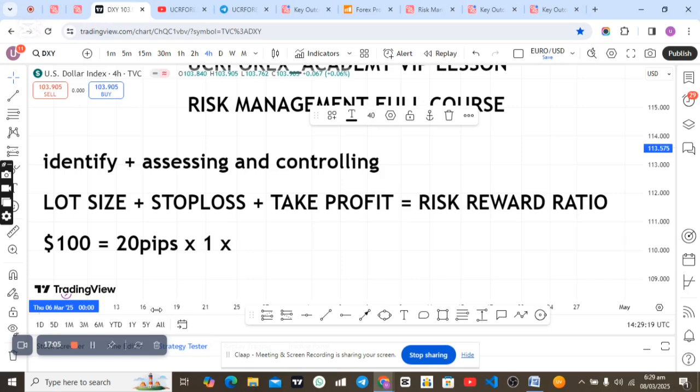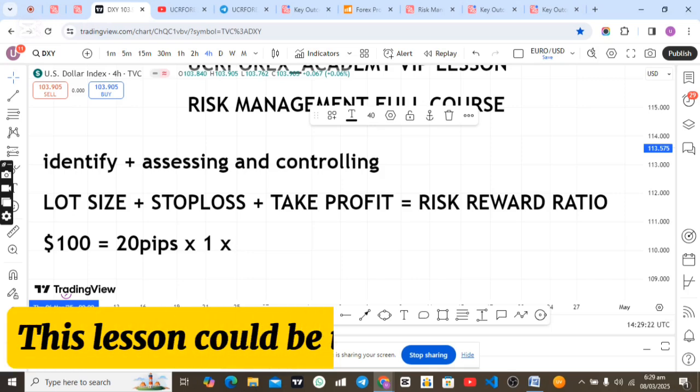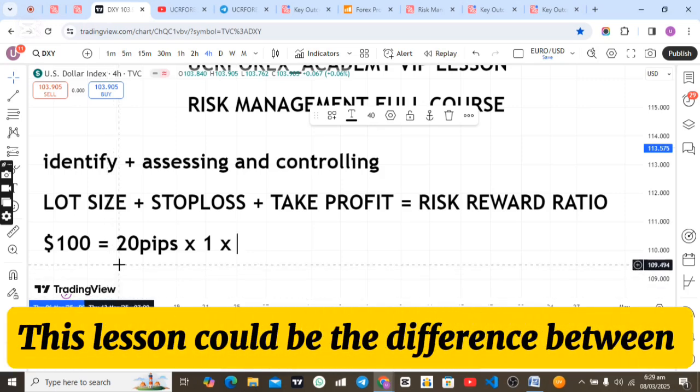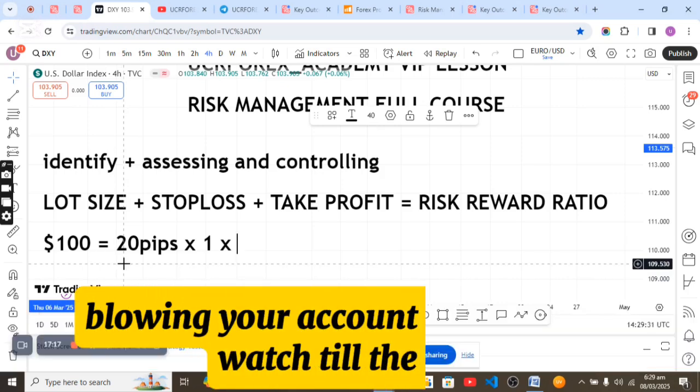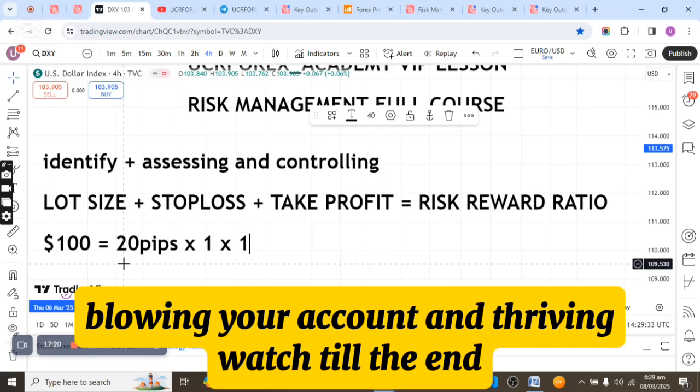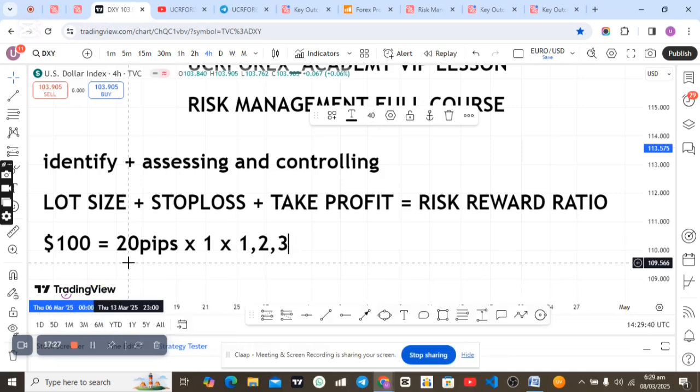And then you need to understand that in one lot size, one pip move is worth $10. Just like one pip increase in one lot size is $10. Now the moment you enter the trade with one lot size, and the market moves up one pip, that is $10. That is what it means. So one pip in one lot size is $10. That is, the value per pip is 10 USD.